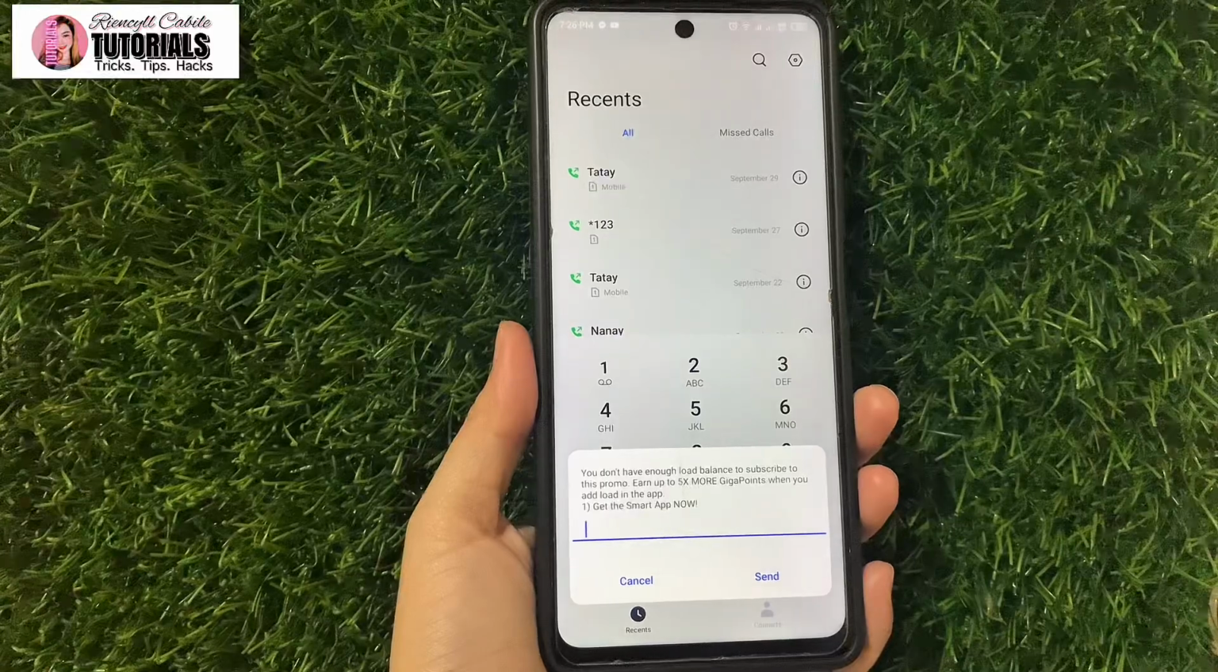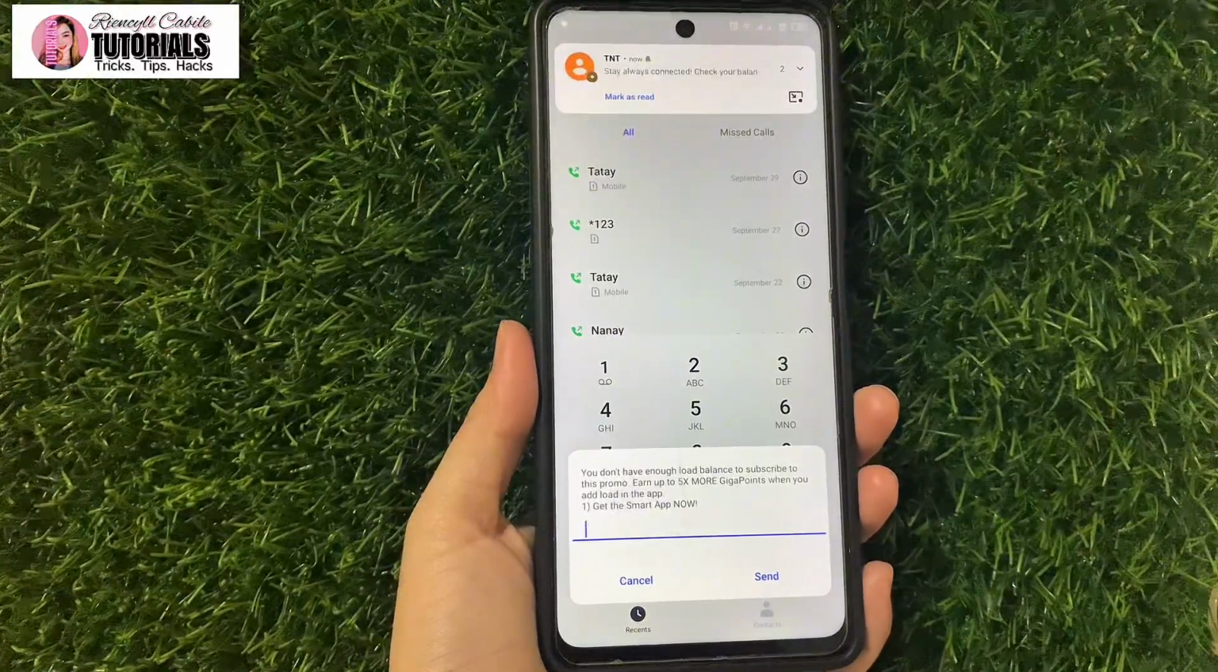So, ayun lang guys, ganun lang kasimple kung paano nga ba mag-register ng double giga stories 149 sa ating Smart